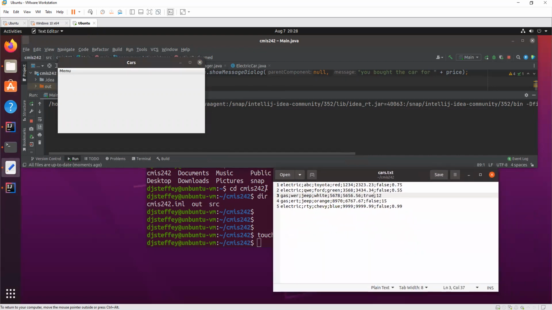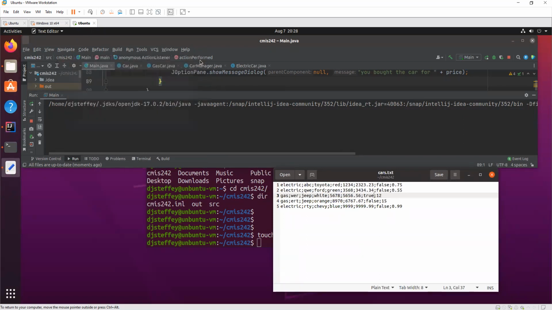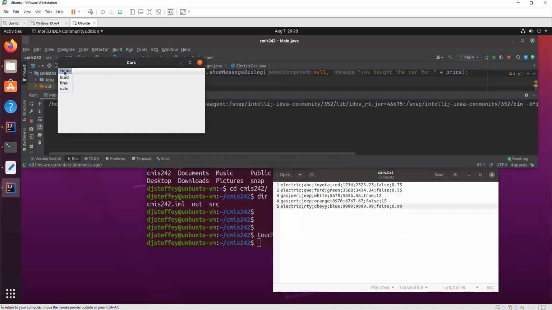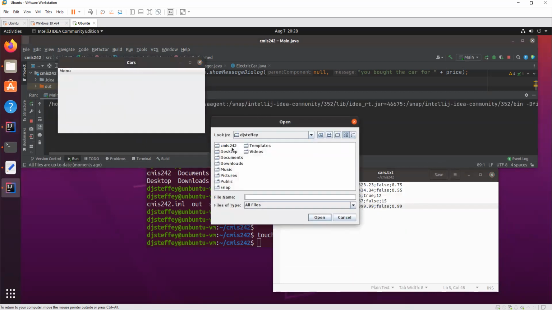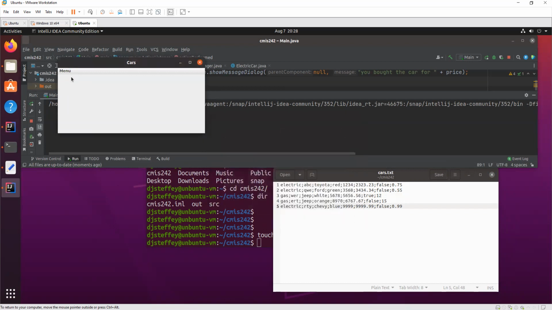Let's make sure I got this file saved. Let's close the program. And let's make sure my file is saved. Saving file. Okay. Let's run it. That's embarrassing if this doesn't work right. There we go. Now let's find my Jeep. Please. False, false. Oh, I have a bug somewhere.